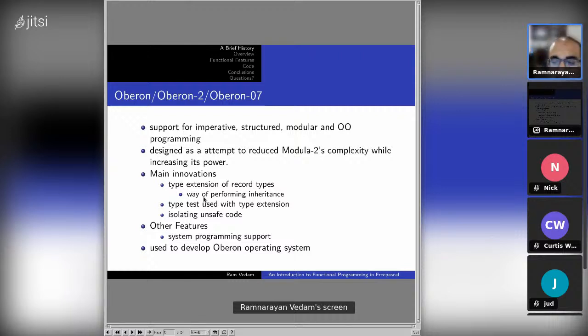And Oberon had constructs for isolating unsafe code.